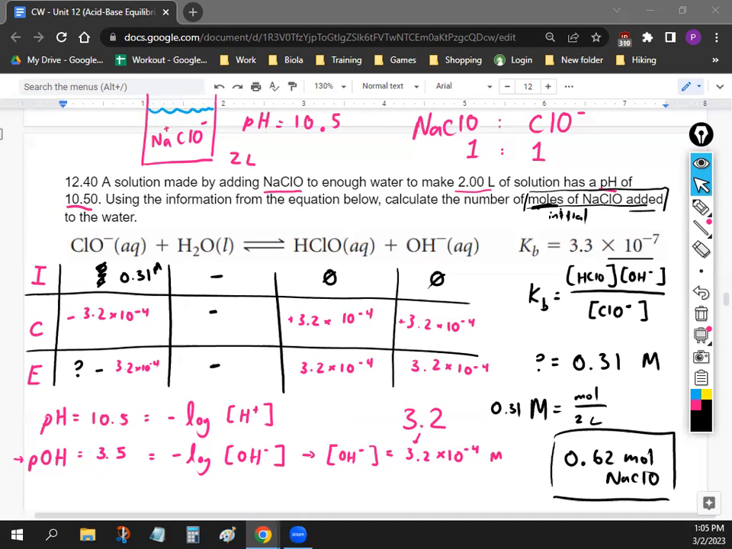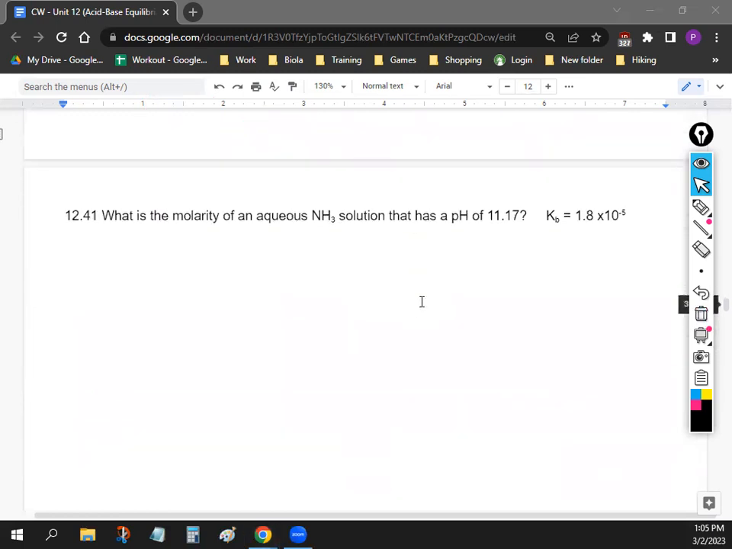Okay, guys, let's move on. I'm not gonna do 12.41 with you guys because it's a pretty similar problem. If you guys want to try it out on your own, you can. So I will give you the answer. If you want to write this down on your paper, you can. But the answer for 12.41 is going to be